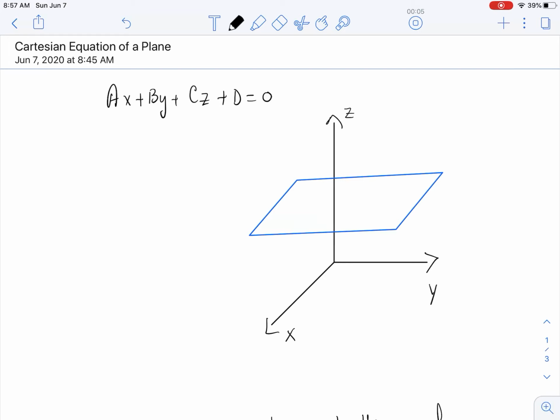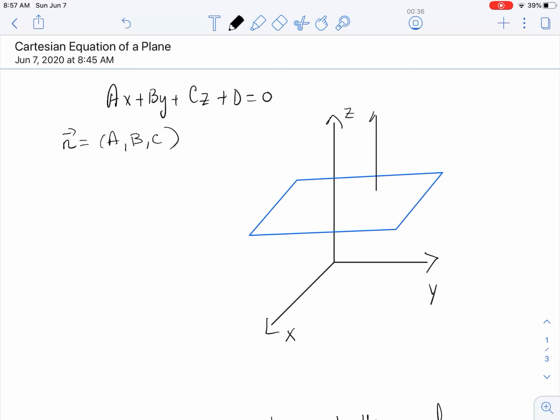Okay, we are going to look at the Cartesian equation of a plane. So this is the form of it, ax plus by plus cz plus d. Recall, we already looked at the Cartesian equation of a line, where you can get the normal vector, which is perpendicular to the line. Same concept for the plane. When it's in this form, the normal vector is going to be those coefficients a, b, c,